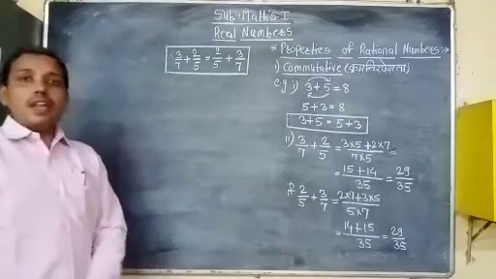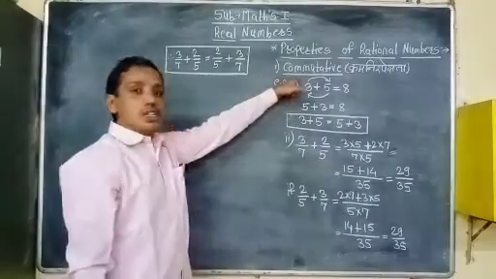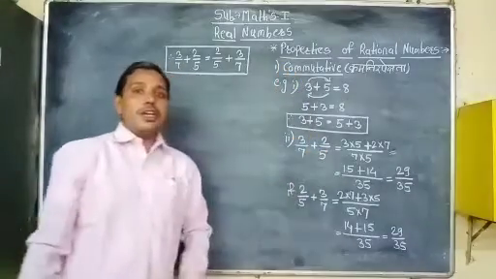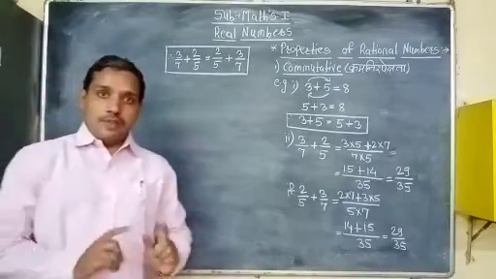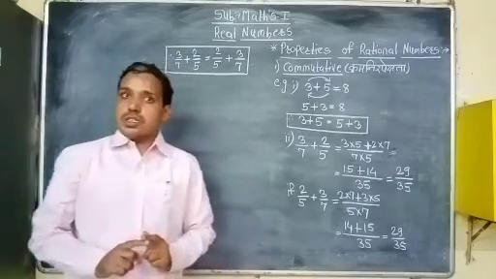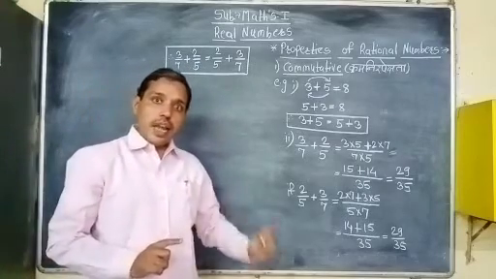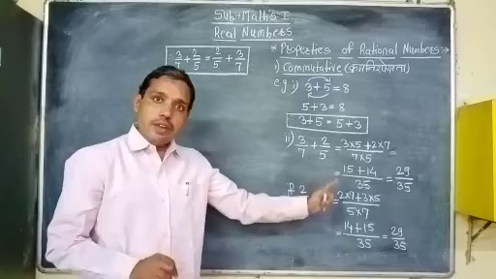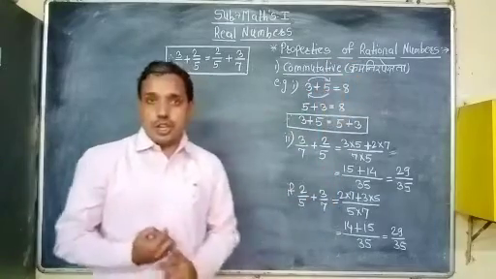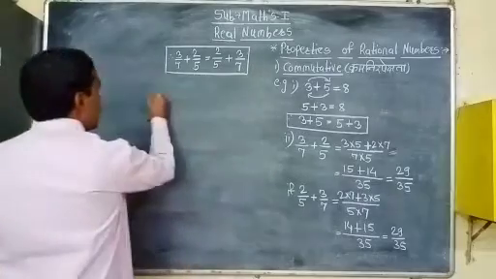And that property of the rational numbers is called the commutative property. We get the commutative property in addition only. When we have the addition of two rational numbers, then we get the commutative property in rational numbers. So we write down then,